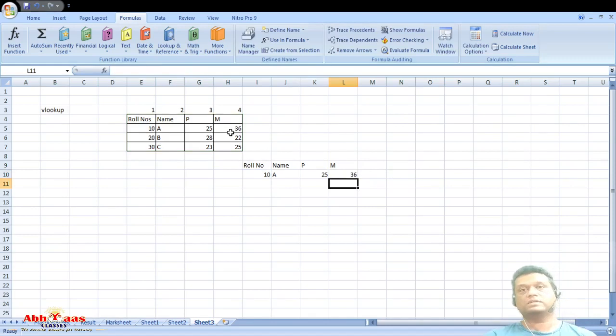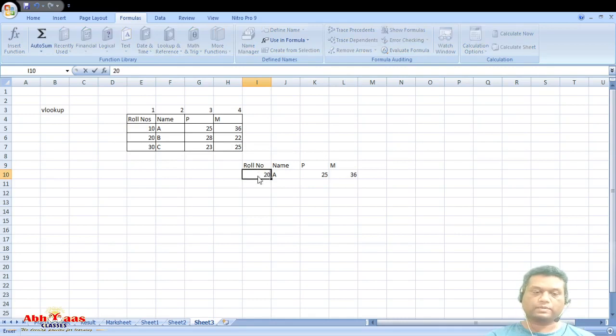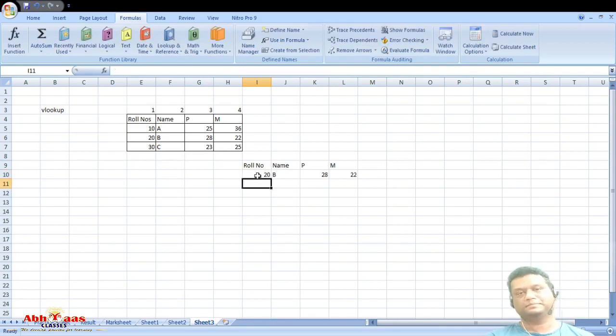See, now what happens here? We have just created the magic. How? Let's suppose if I will change this to 20. Okay, what will happen? See, got it? It is vertically looking up the values. I have changed it to 20, it gives me B 28 22, this number. Okay, if I will put 30 here, I will get C 23 25,